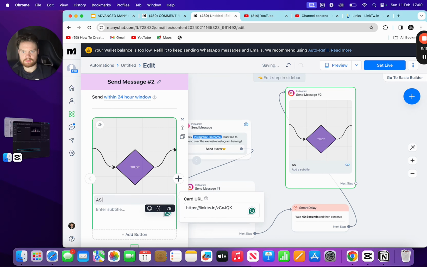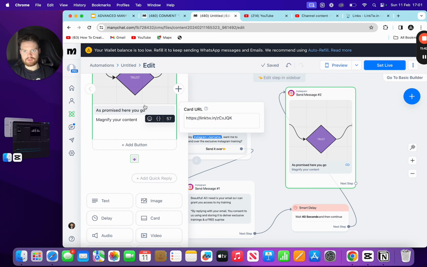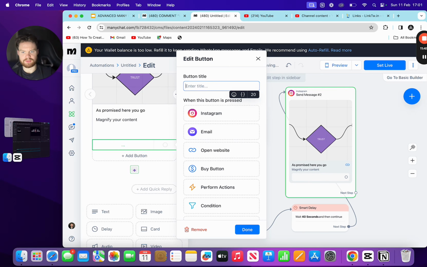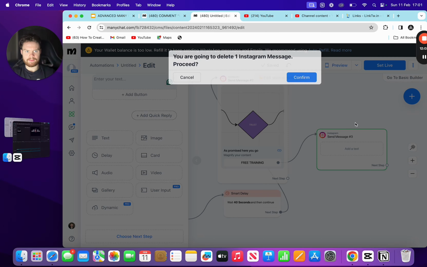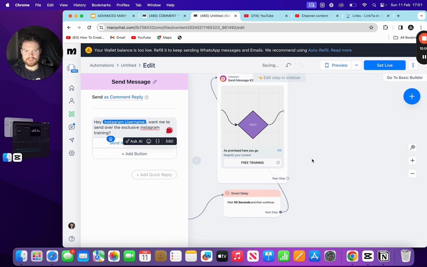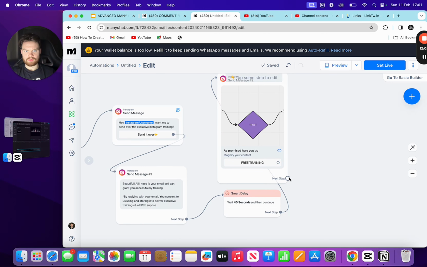And then you can put "As promised, here you go," and then you can put, for example, my title's "Magnify your content." You can also add a button as well and just press free training, and then press Instagram message. Sorry, you're gonna get rid of that. Just put free training here, and then all you're gonna do is go next step,